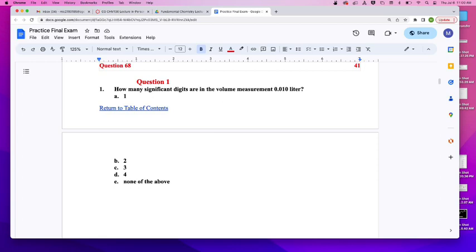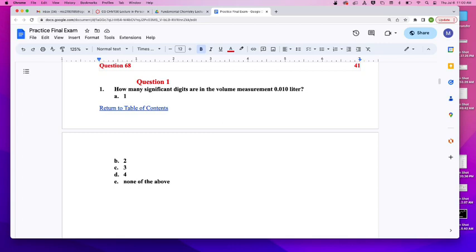So how should you use it? First and foremost, it's practice. It's not actual questions. So if you go through and do a question within the practice exam and memorize it, that is utterly useless. It's not going to help you. What you need to understand is the content behind the question.